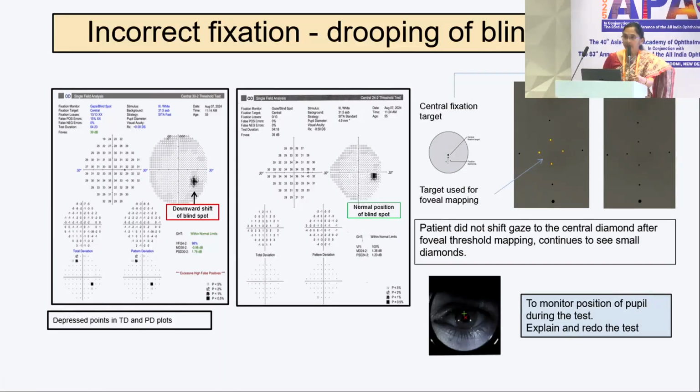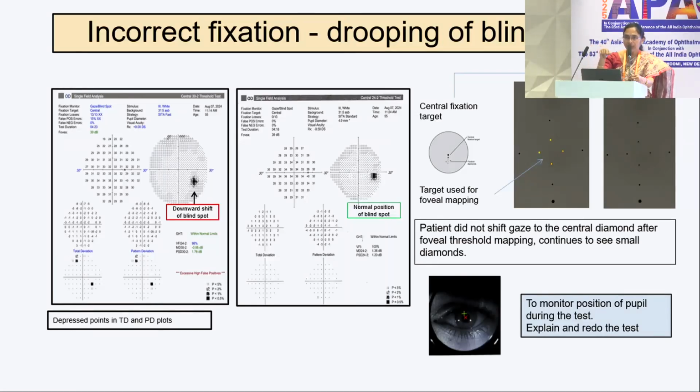When the foveal mapping is complete, the patient has to move his fixation to the central diamond, the bigger central diamond, and then the rest of the test is continued. But if the patient does not shift his fixation from these small diamonds to the central diamond, there is an incorrect fixation, and the blind spot, everything will be shifted down because the patient will be looking at